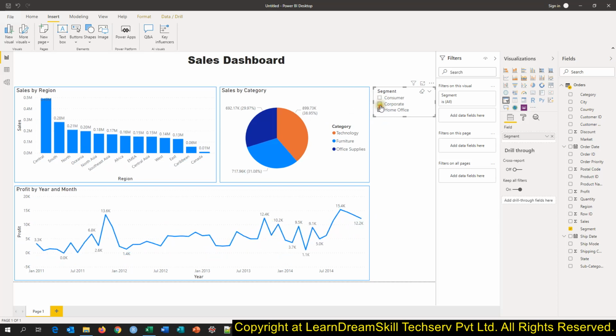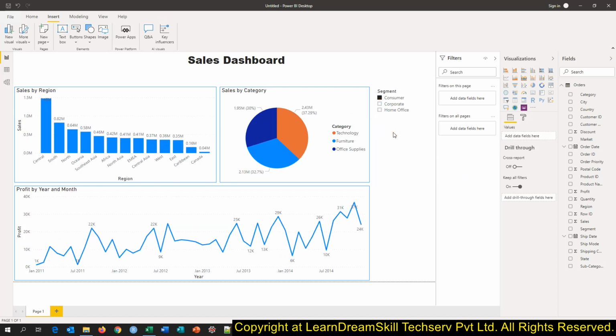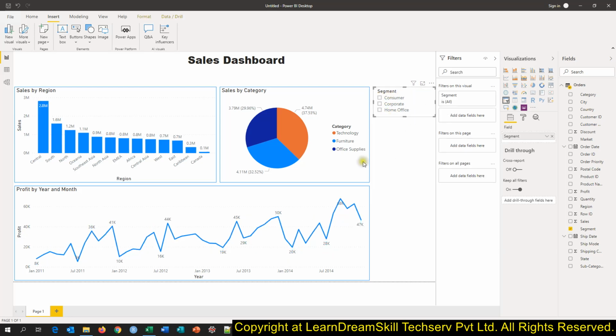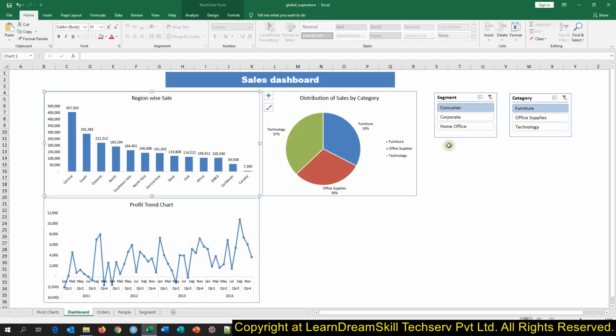Okay, and now let me tell you the requirement. If you want to clear it, you have this eraser icon, clear selection. So see, all the values are selected. Now we had the requirement of filtering out these charts based on technology, furniture or office supplies.